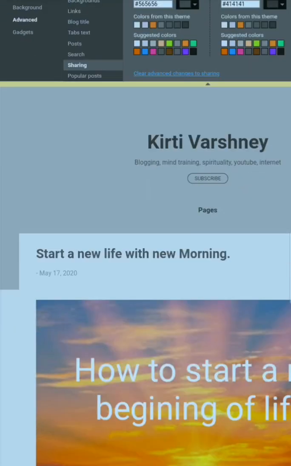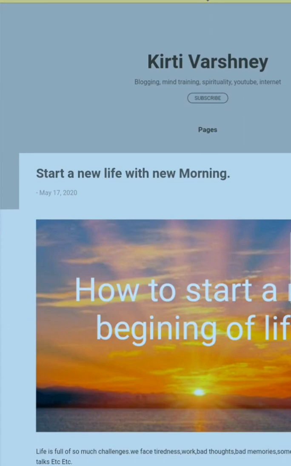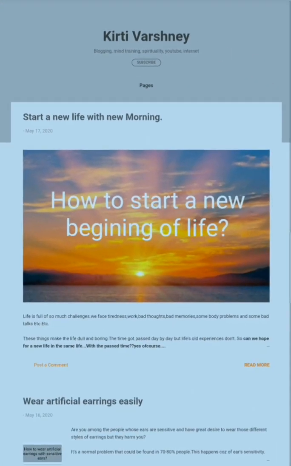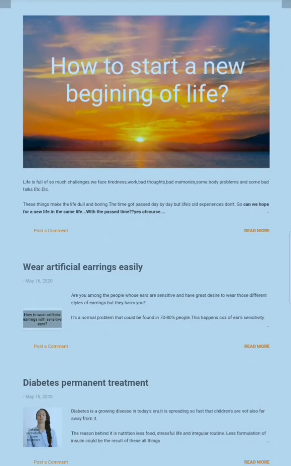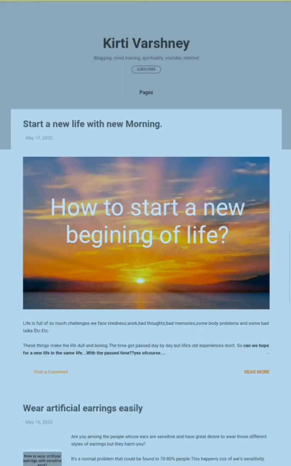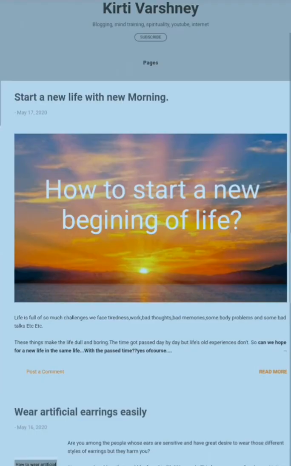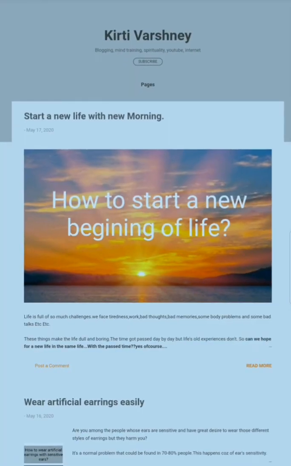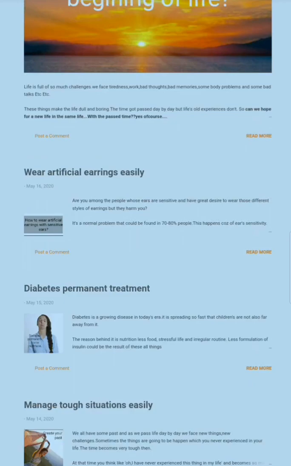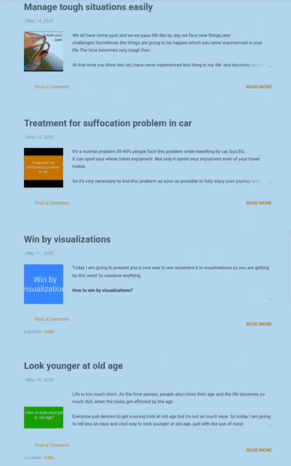Now it's popular posts. It is showing popular posts to me, but I have to set it. It is actually showing how our blog will look, so let's see how it will look.